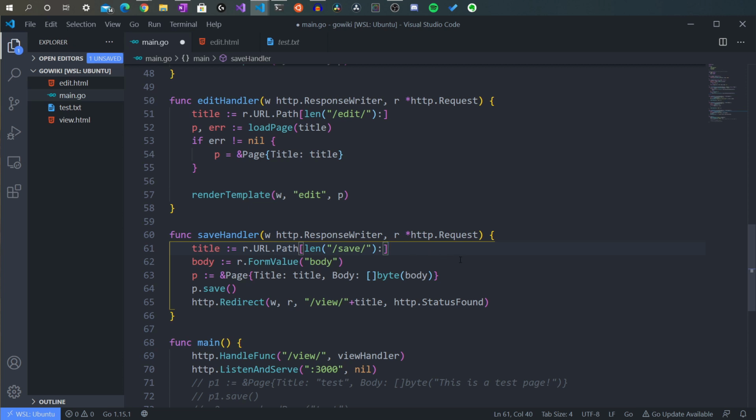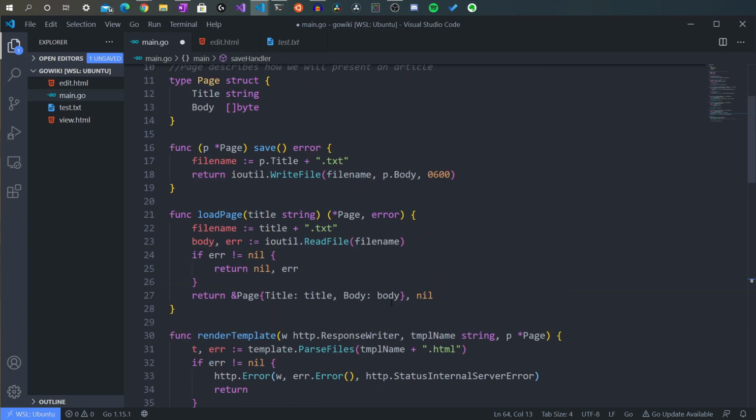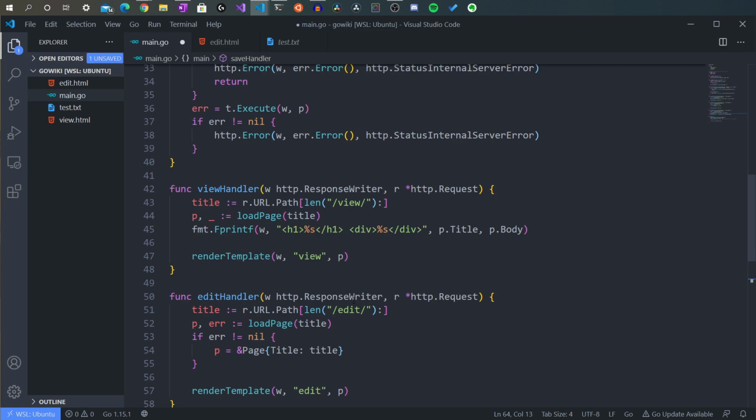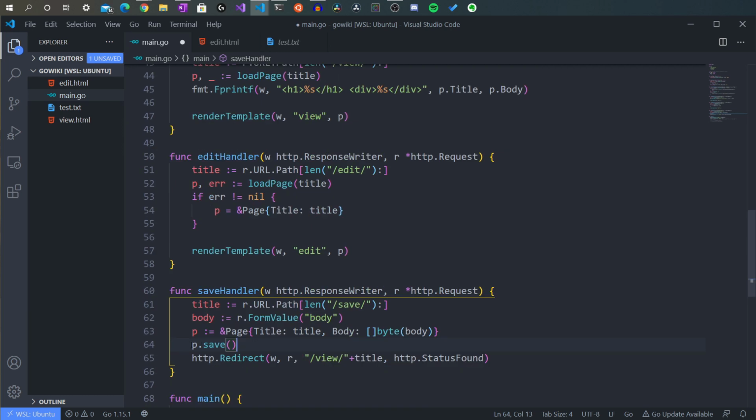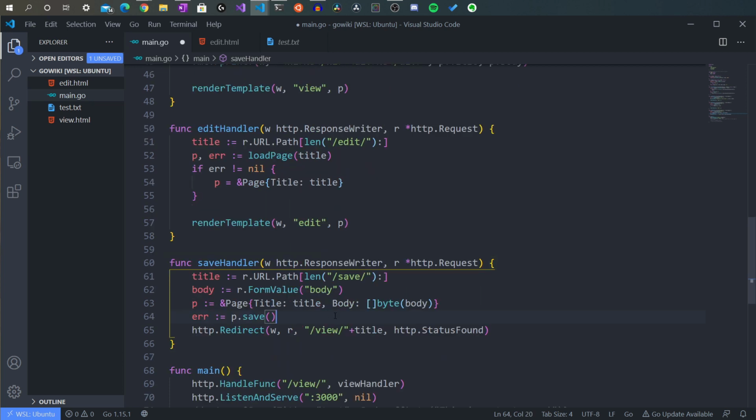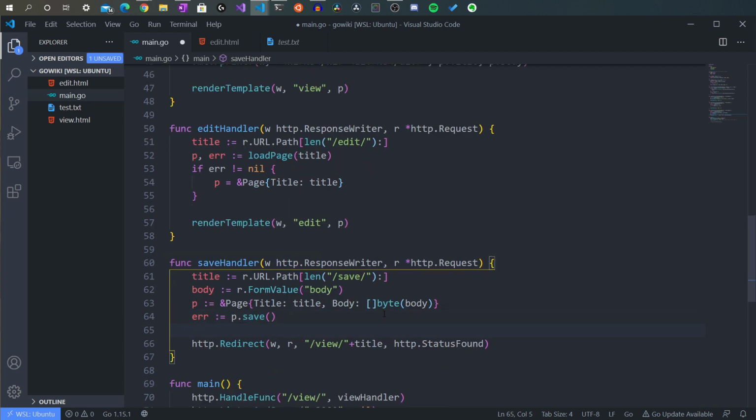Okay, so with p.save, in case you didn't remember, this returns an error. So we're going to have to account for that in case that does happen. So with a colon, we'll set error equal to p.save, and then we'll handle that. So if error is not equal to nil,